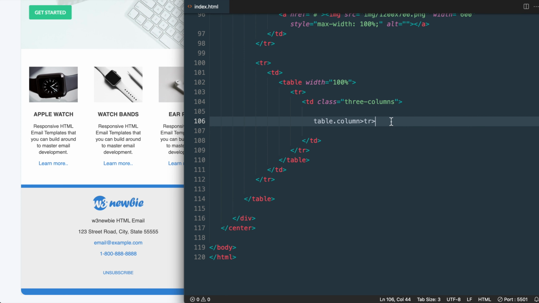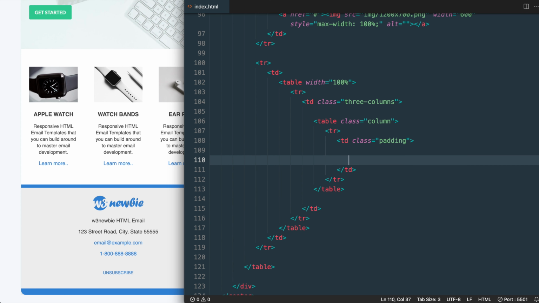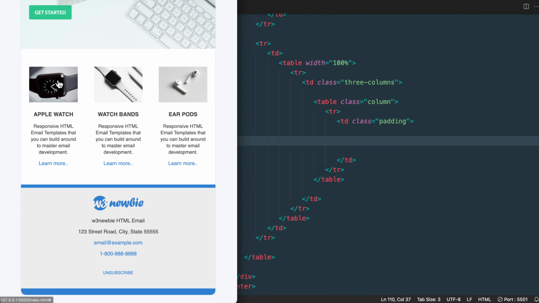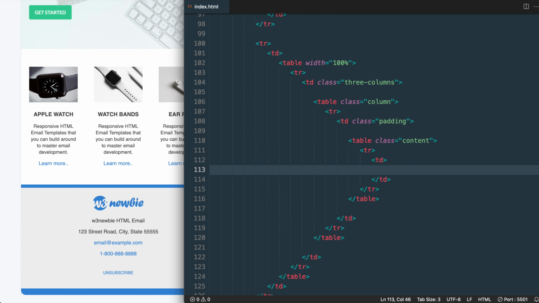So I'll add td.padding. And this is basically the equivalent of what we did in the logo and social media sections. Instead of doing inline padding styling, we'll use a class to reference it in our internal style sheet. Then we'll add one more table for the content, and we're just going to give this a class called content. So table.content. And then each table row inside of this will contain a bit of our content, so the image and